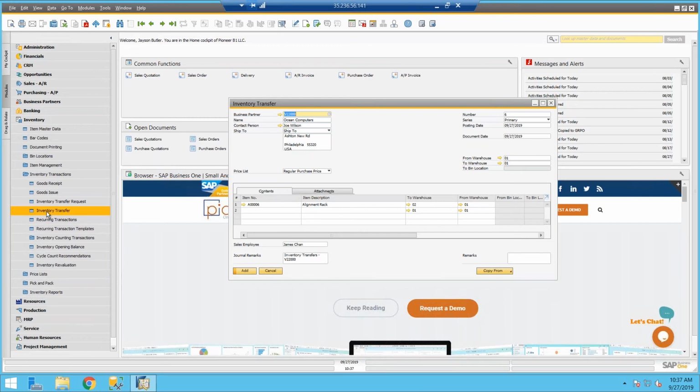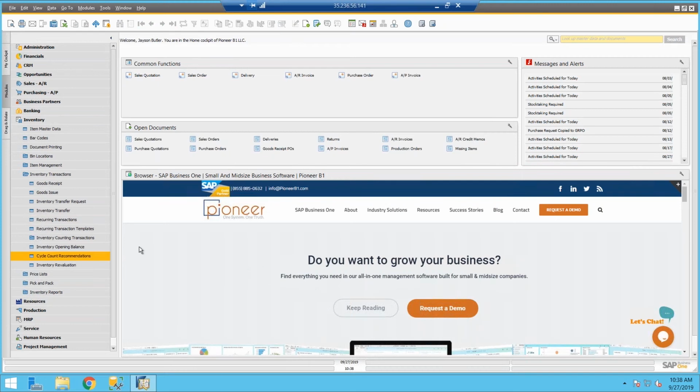Now, the other inventory transactions and adjustments that we can do in the system is actually inventory counting. Every specific time period, we can count our items. We would like to see how much we actually have in every warehouse, how much we actually have on hand. And to do that, we can go into the inventory transactions and